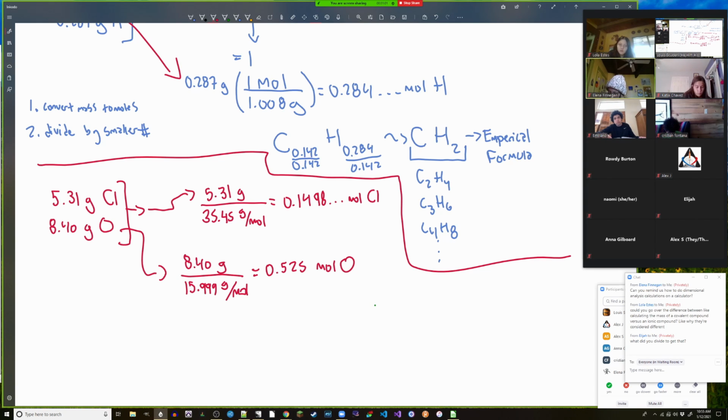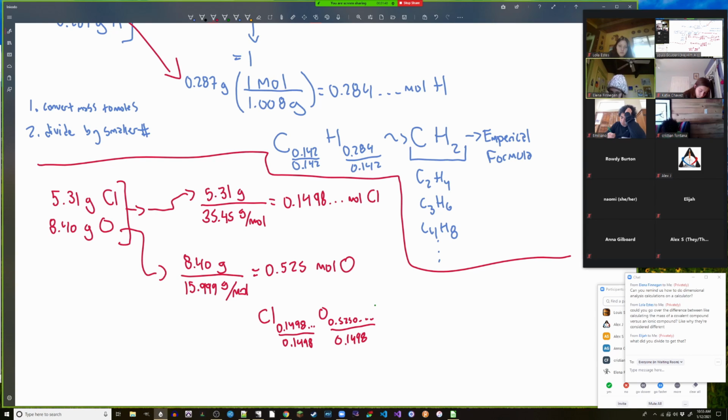So, that's this guy. Those are the masses. That's our first step. And we're going to do our little formula like we did up here for the carbon and hydrogen. So chlorine, Cl, 0.1498, oxygen, 0.5250, and we divide by whichever one is smaller, so the 0.1498. I'm going to do this in my calculator with that full precision number